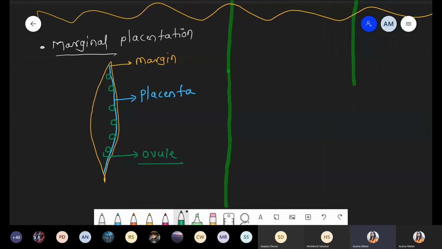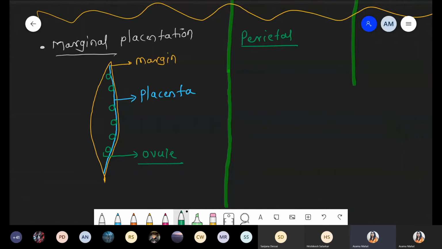Now number two, we are talking about parietal placentation. In case of parietal, I hope you remember, we discussed that from unilocular to bilocular ovary pattern is present, and it is very common in mustard. If you have seen in the kitchen at home, when your mom is cooking, there are some mustard seeds, right? Rice seeds, mustard seeds.